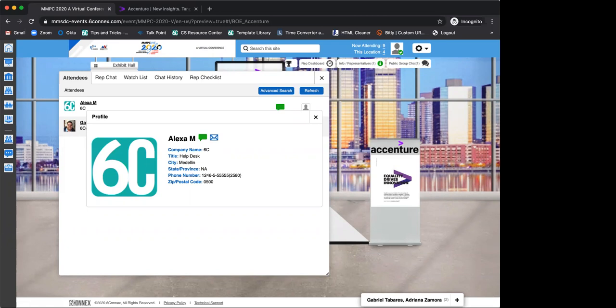Am I able to set appointments for corporations to visit my booth or to visit theirs or to set pre-arranged chats? I don't think I know that answer. Which one are you reading? Actually, Daniel Jackson is answering, so I think he got that one. Dan, is that something you're answering? Am I able to set appointments for corporations to visit my booth or to visit theirs?